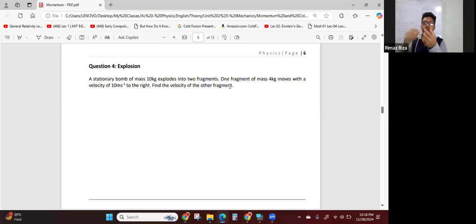Even no need to throw. If you have a hand bomb, there is a ring. If you pull the ring, it triggers a chemical. Then there is a fuse, so it will burn and go to the chemical and then it will explode. Okay. Anyway,